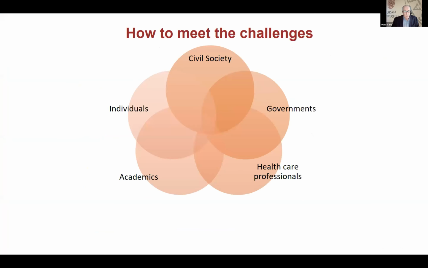Next slide shows, in a way, which actors need to be included, and of course the government has the ultimate responsibility for securing access to effective antibiotics, which should be the end goal of what we are doing. But governments can't implement this top down with the scarce resources that are at hand. So obviously country ownership is key. All of society engagement is key.